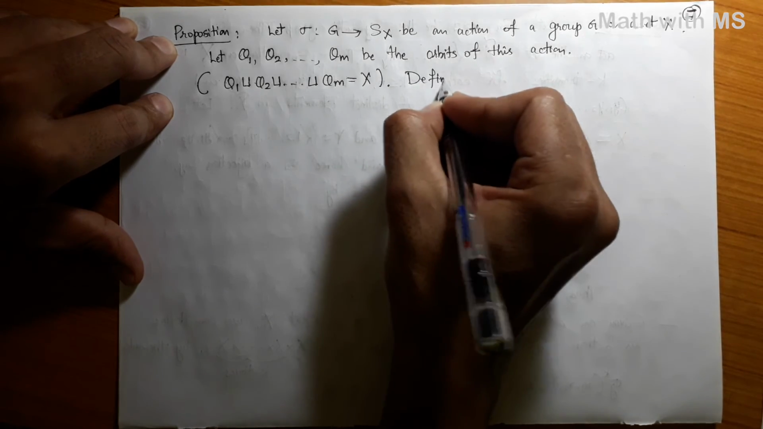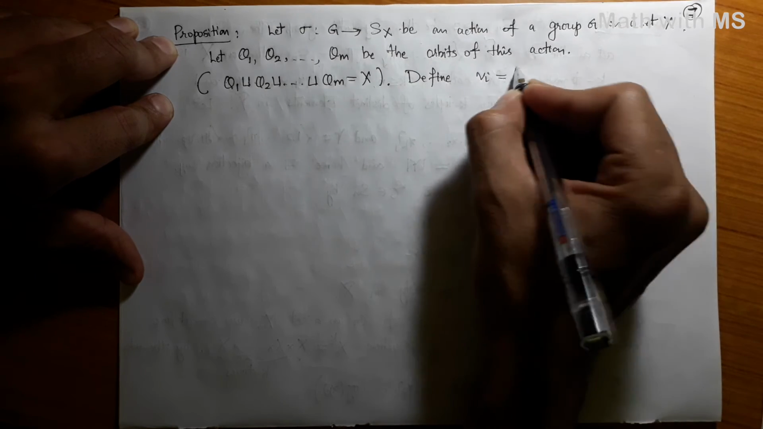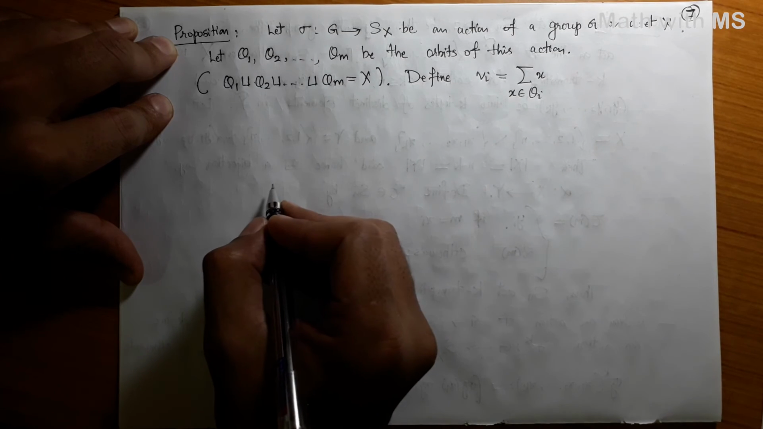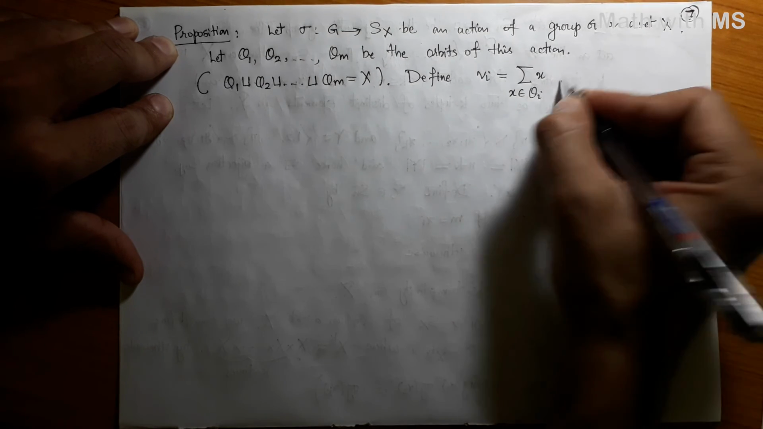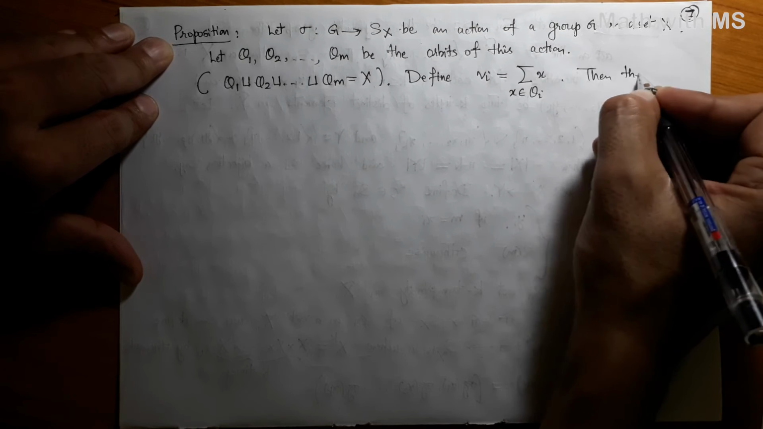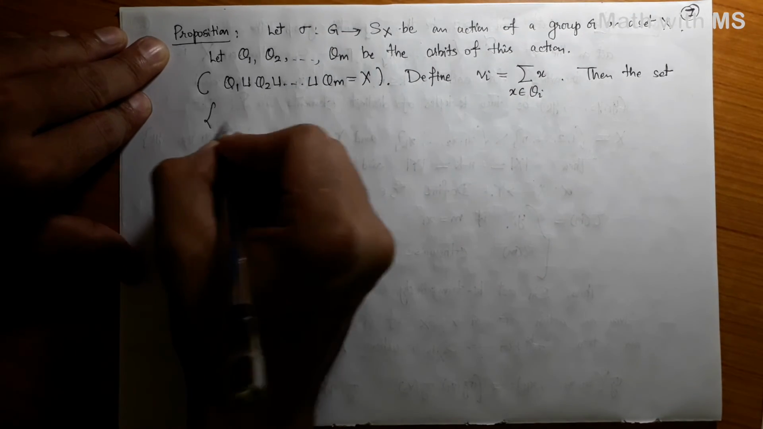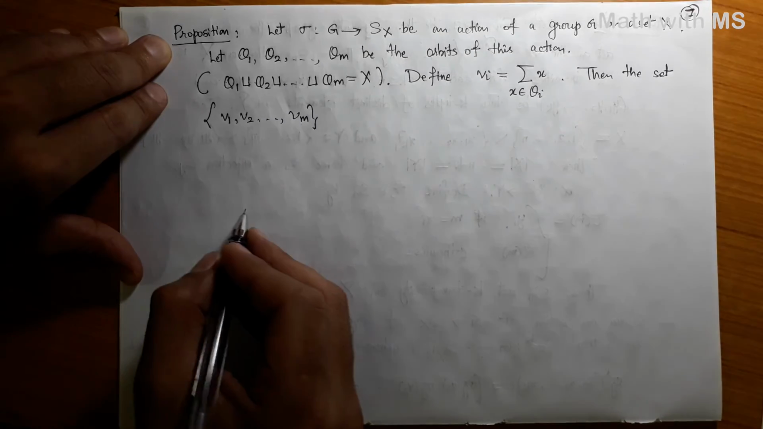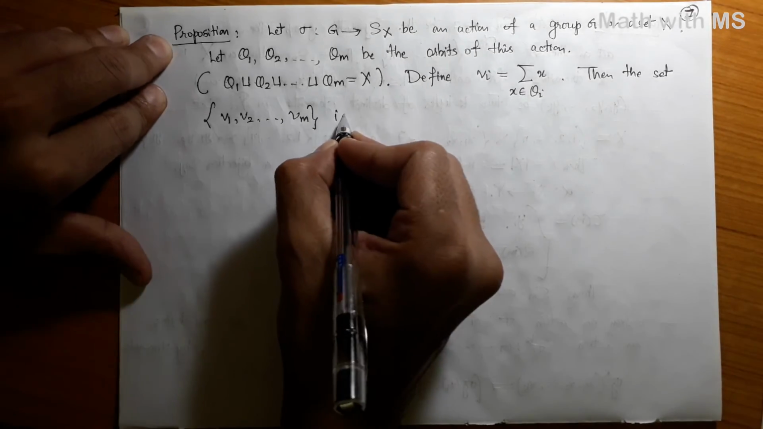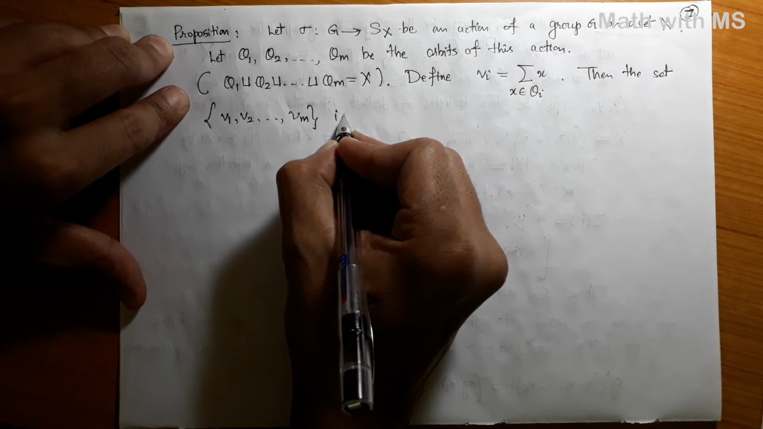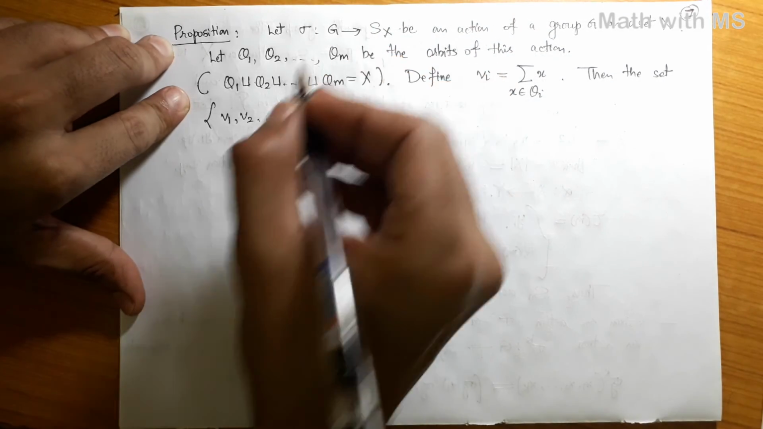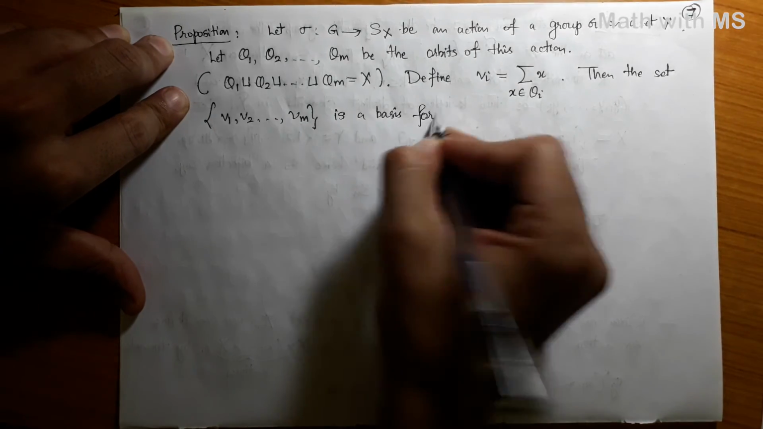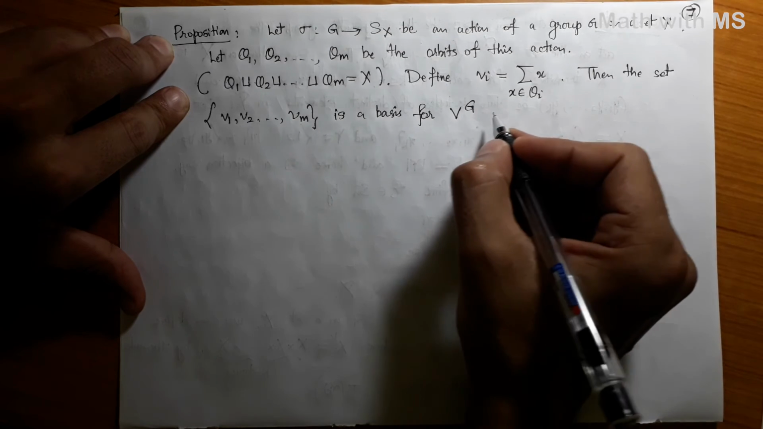Define Vi to be the summation of x, as x belongs to the orbit Oi. Then the set V1, V2 and Vm is a basis for the fixed point subspace of the corresponding permutation representation, is a basis for V superscript g,